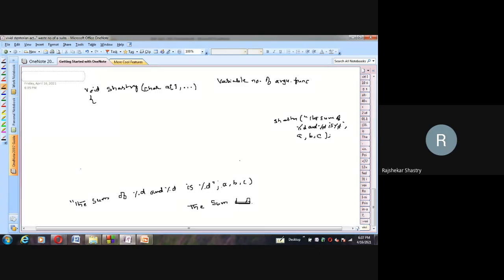This first argument's base address, meaning the first character's address, is stored in this pointer a. So a is a pointer for me.